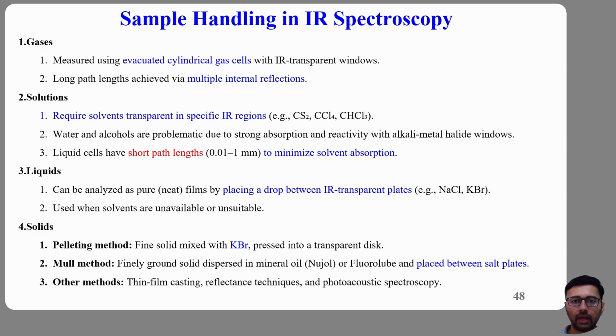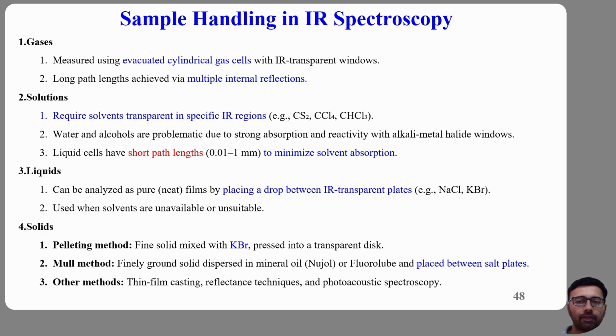Proper sample handling is absolutely critical in infrared spectroscopy. In fact, many bad spectra are not caused by the instrument at all. They are caused by dirty sample holders, incorrect solvents, water contamination, poor grinding, or improper path length. Today we are going to learn how samples are actually prepared for IR spectroscopy. And then we will move into one of the most important practical skills in analytical chemistry, that is, interpreting IR